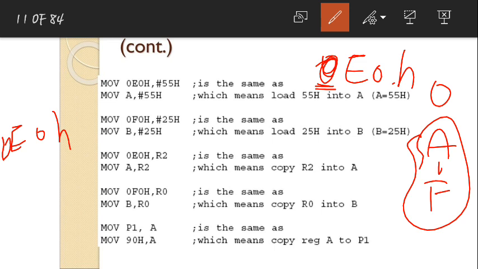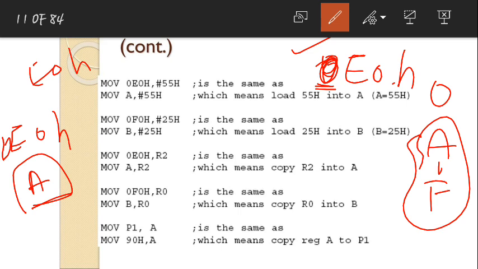Practically, when you implement it, you will get an error if you write only E0H, because alphabets can't be taken directly. So in front of an alphabet we should always place a 0. We should place a number. It should always start with a number. That is the reason he has kept here 0E0H. So E0 is nothing but A. The name of that location is A and the address of this name is E0H. Is that fine? Both are none other than the same.